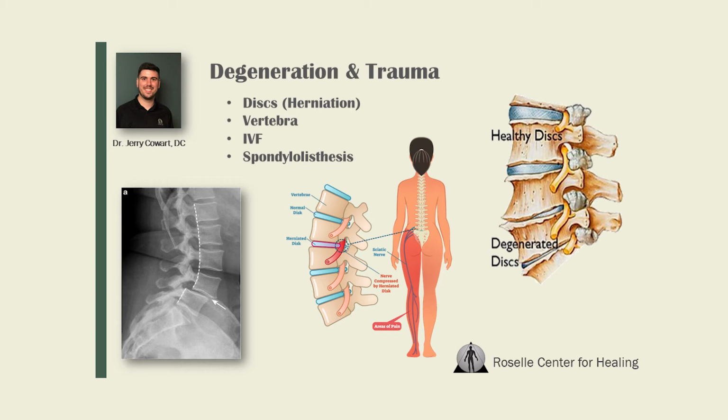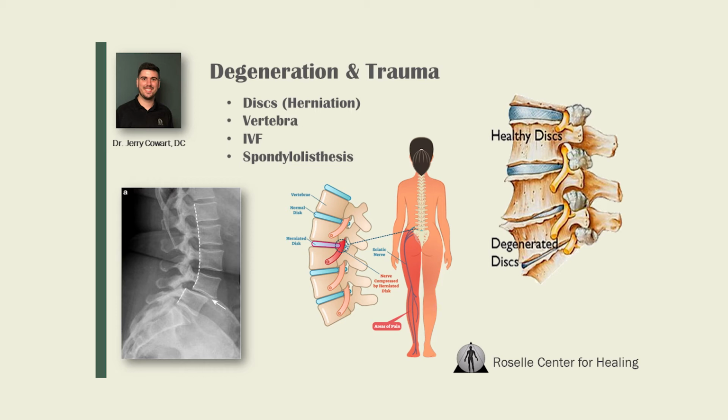The reason for that is because you have a really, really strong ligament that runs along the back of the spine that helps keep the discs where they're supposed to be. So if there's a herniation coming out, it almost always cannot come straight backwards because you have that strong ligament protecting it from that. So it almost always goes to the right or to the left.